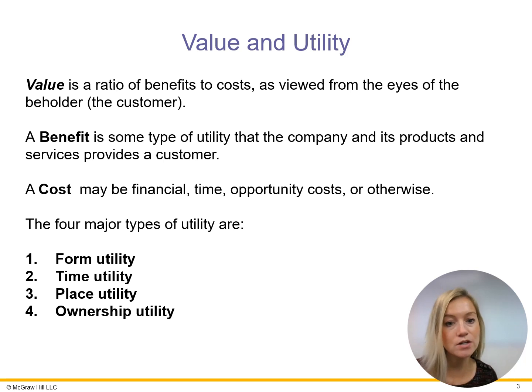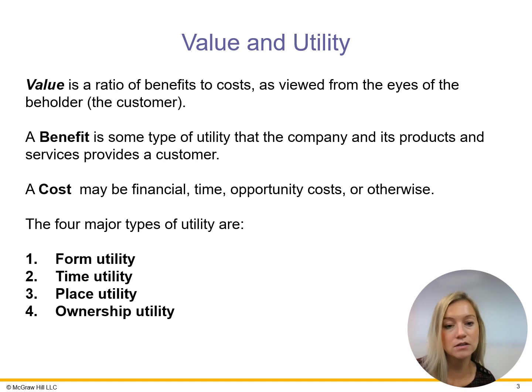So here's an example of how a marketing manager might use the four types of value to develop a marketing strategy for a new smartphone. The smartphone manufacturer designed the smartphone to be attractive and have features that would meet the needs and wants of consumers. So it might have a large, high-resolution display, powerful processor, and a long-lasting battery.